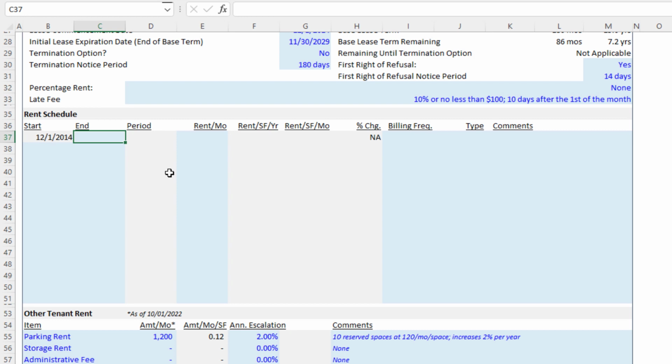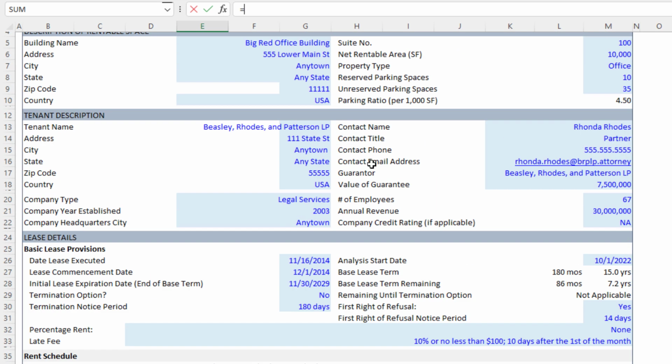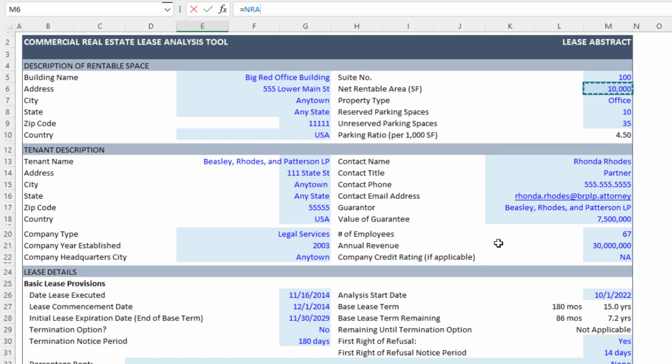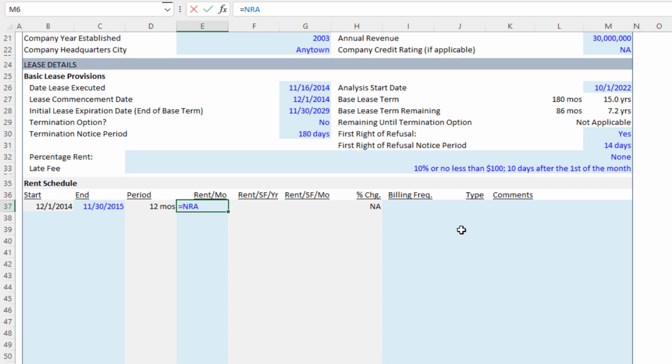So the question is, what is the frequency of rent types? Let's imagine that rent changes every year and you've got a 15-year lease. I'll put my end date here, 11/30/2015. Okay, the first year of this lease, 12 months. And let's say that the rent per month is, well, we have 10,000 rentable square feet, and let's say that it is $32 a foot, but then it's monthly, so I'll divide that by 12, and it starts at